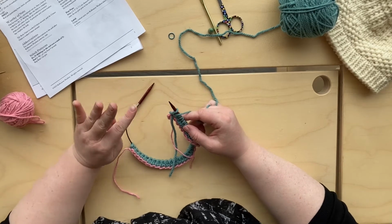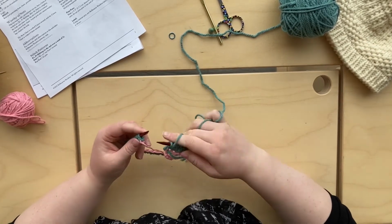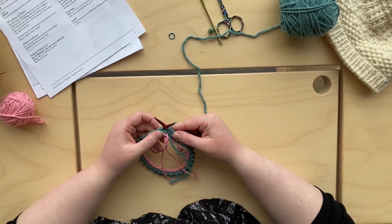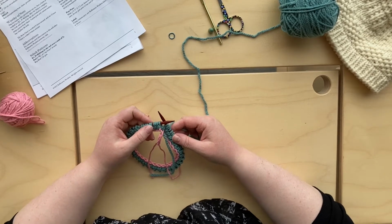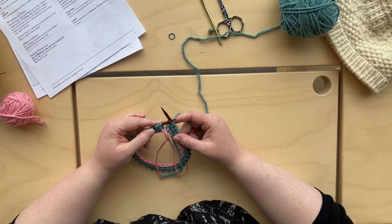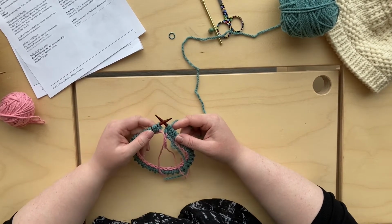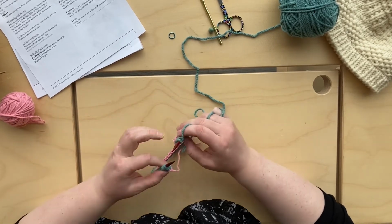Okay, so normally when you would join in the round, you already have your working yarn coming off of your right hand. You would start like this, just like any other hat. This is a little bit more special in terms of their instructions. You could follow their instructions and start with a purl 2 together instead of a knit 2 together and do it this way. Or if you'd like to follow the instructions with me, we're going to whoop,